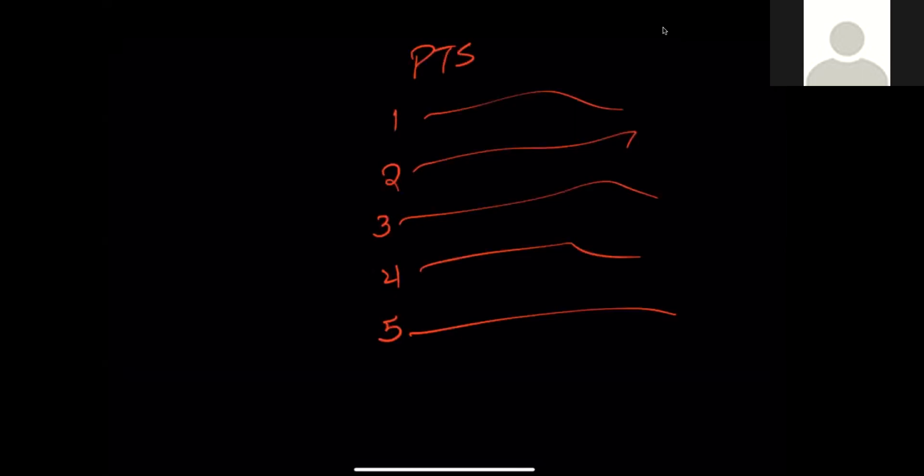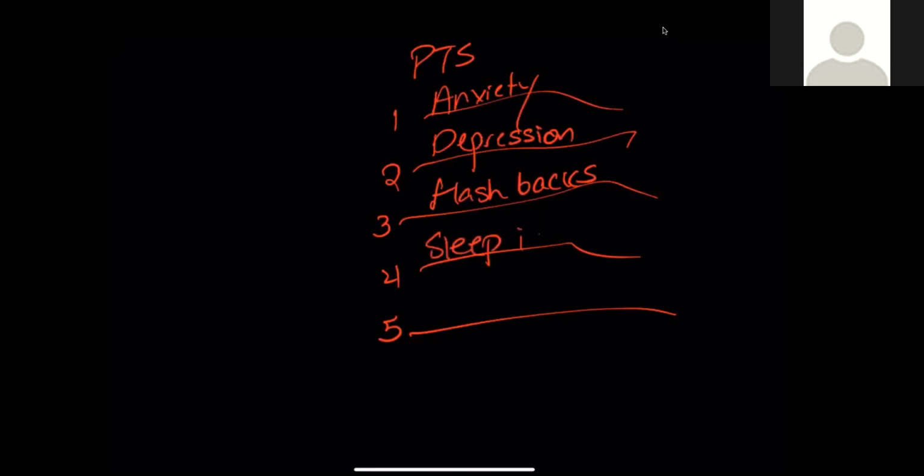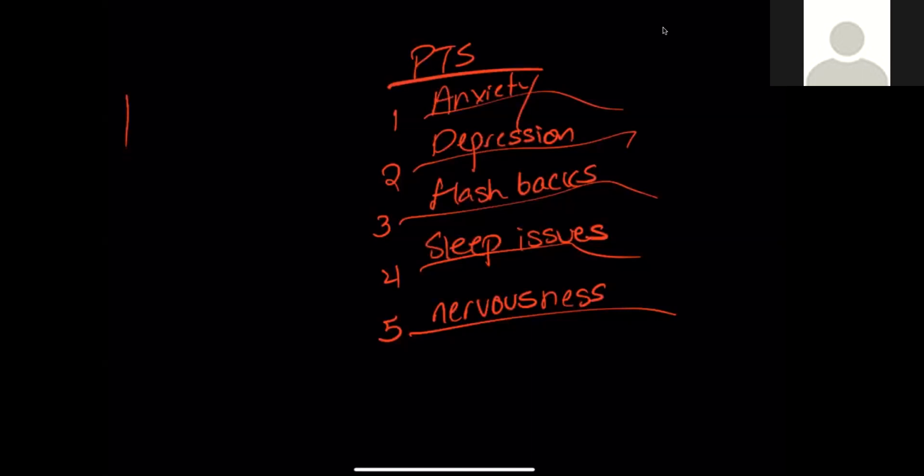And that helps us to funnel it down, because if you think about it, if we have anxiety and we have depression, let's say flashbacks, we'll say sleep issues, and we'll say nervousness. Now that we've specified these 5 major characteristics that we want as part of the idea of post-traumatic stress, what we can do is create,